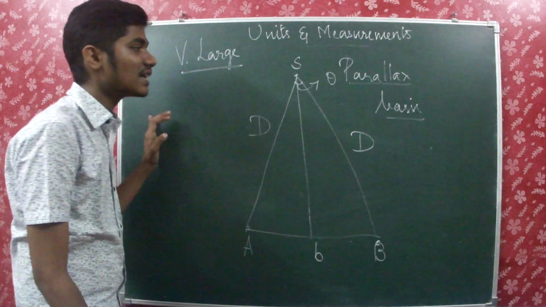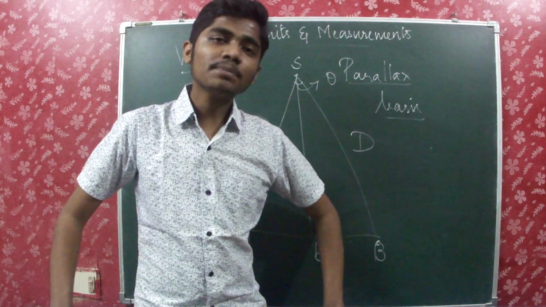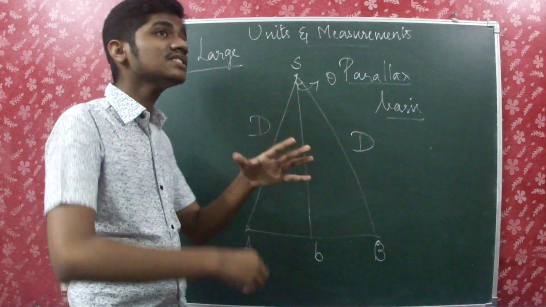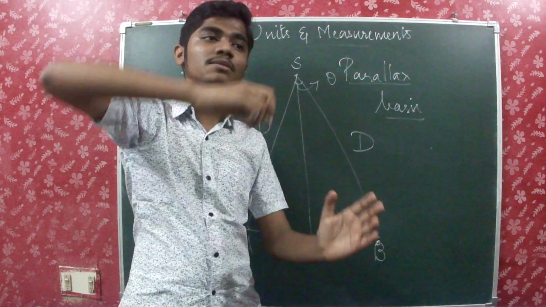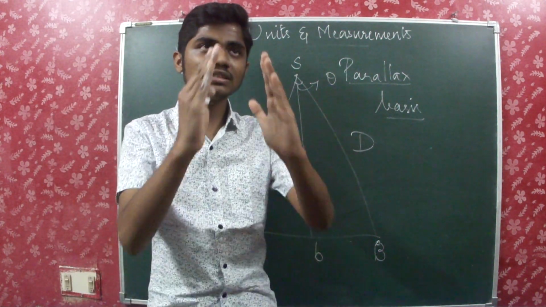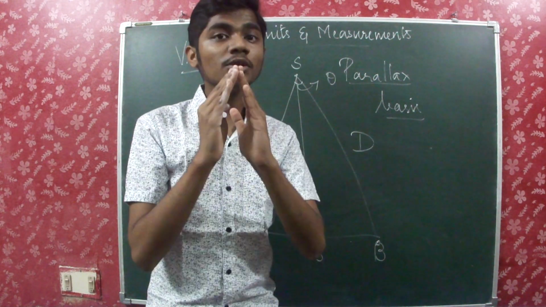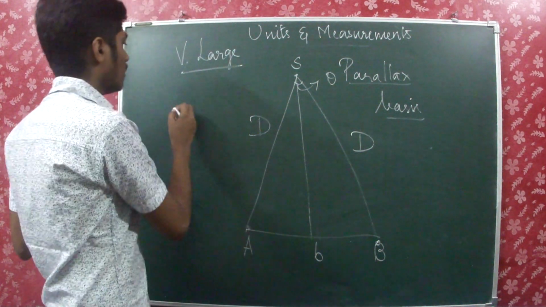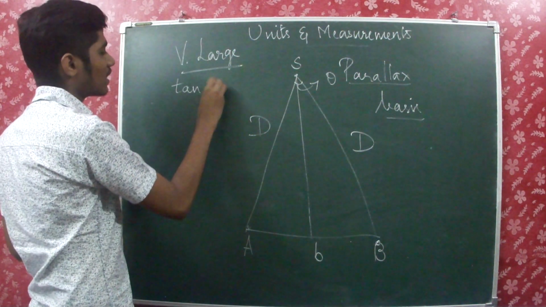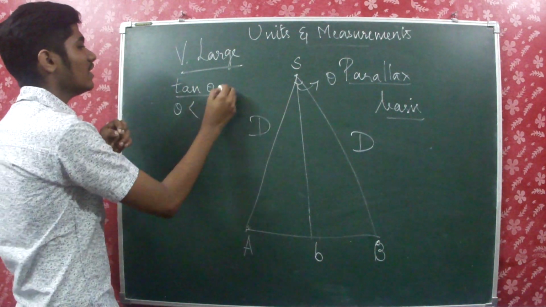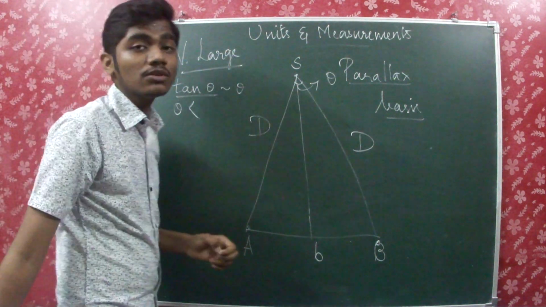This is the parallax angle, that is nothing but the angle which is subtended by both of the things which are going up. And as the star is very far away from the Earth, you just imagine it will be going like this, like this. So the angle is going to be very small. Am I right? Theta is going to be very small. So we know that if we are considering tan theta and theta is very small, then we can say that it's approximately equal to theta.